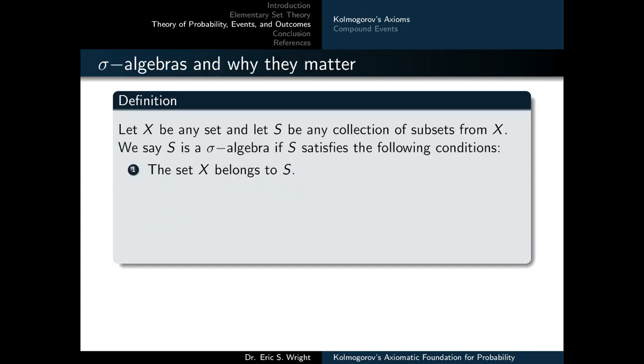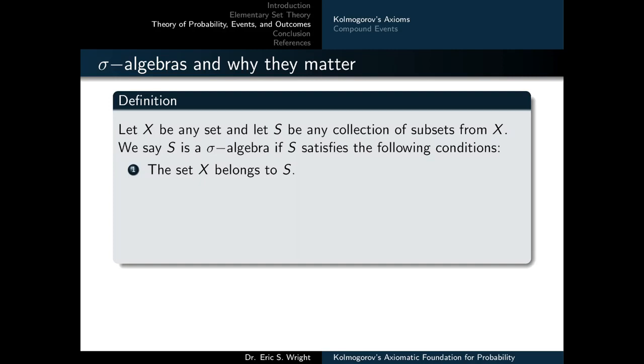Well, we've put the definition of a probability space in place, but we need to look at two parts of it in more detail. We need to know what a sigma algebra is and why it matters in reference to this set S that we collect all of our events into. And then we also need to understand what the three axioms of a probability measure are, and we'll get to that later.